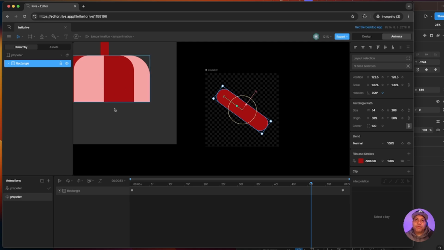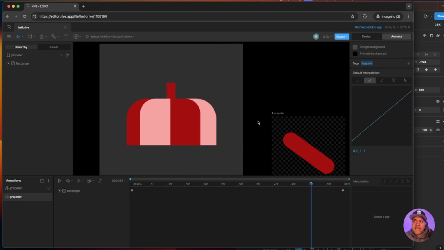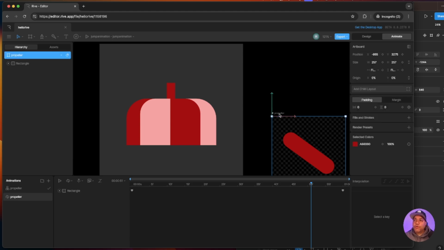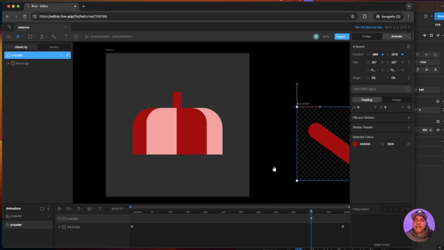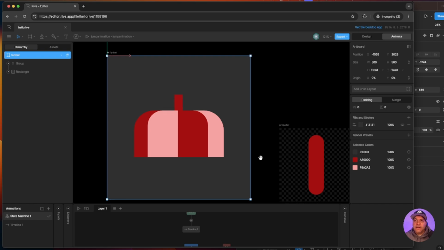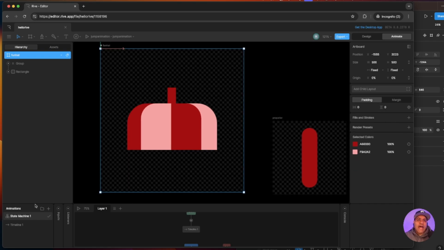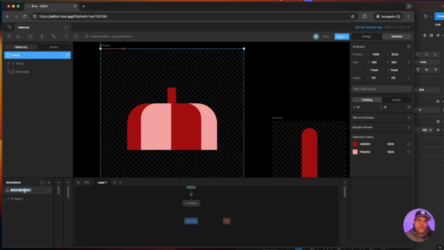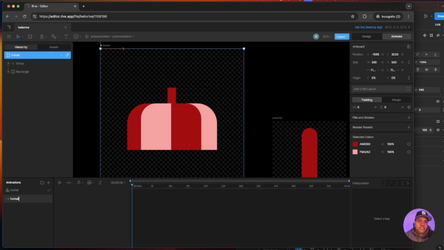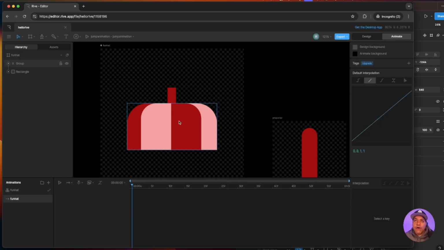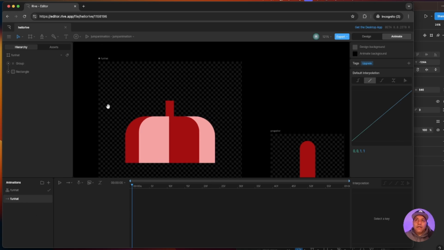How do you bring this propeller over to this and make it look like it's actually sideways? Very easy. So with our propeller done, we can move it over to the side. Let's focus now on this fun hat version of it. I will remove the background because I don't need it. Now back on my fun hat, I will also rename the state machine just in case. I'll do fun hat, and I'll call this timeline fun hat just in case I try to add something in the timeline. For now, the hat will stay still, so even this is not needed,